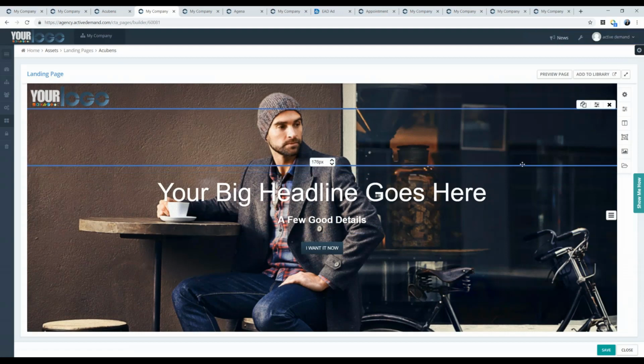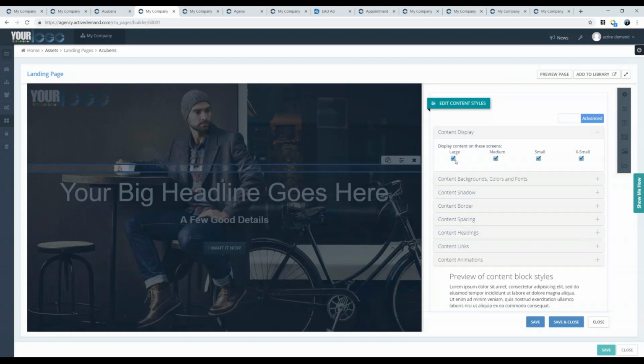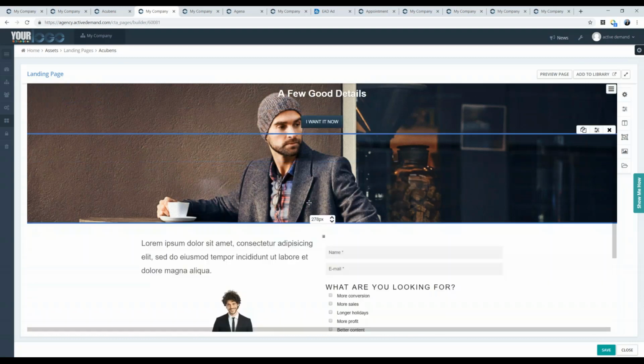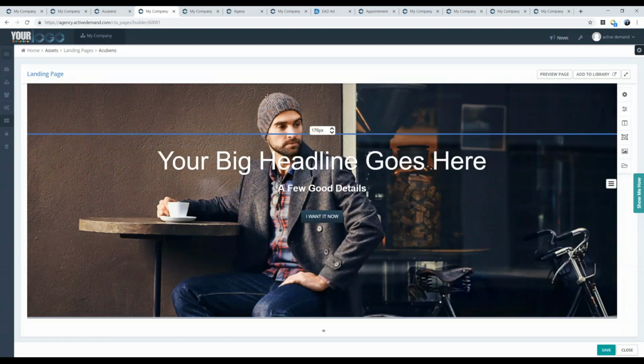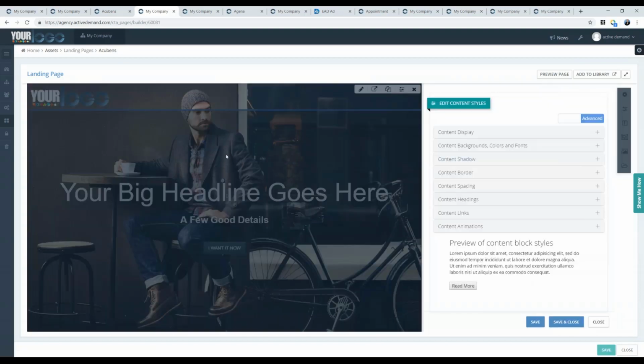And why is that? We can actually have the spacer change where it's going to appear. So if we need to add a little bit more padding on the smaller screen, I would add a spacer that would only appear on specific sizes. I know I'm going quite deep here, but at the end of the day hopefully I'm showing you how these builders differ and some of the features you can pull off with this. So if we look at this content block, which was the banner up at the top,